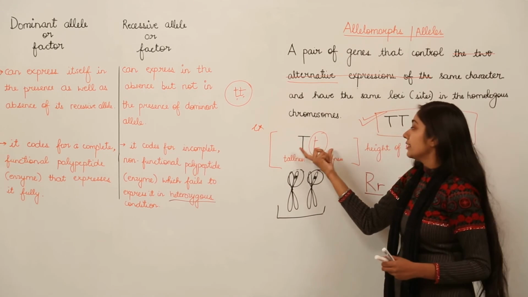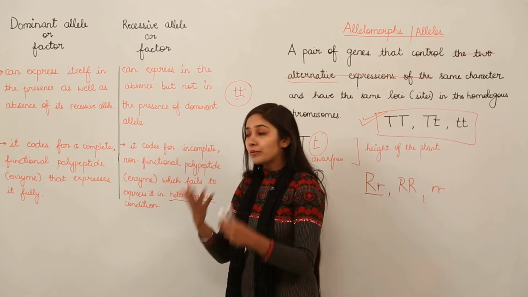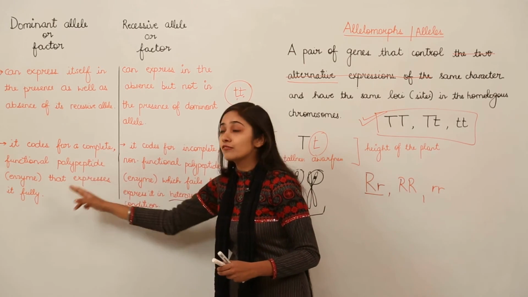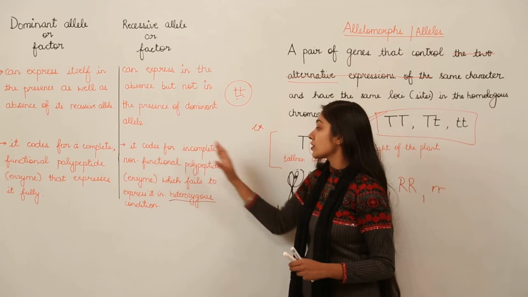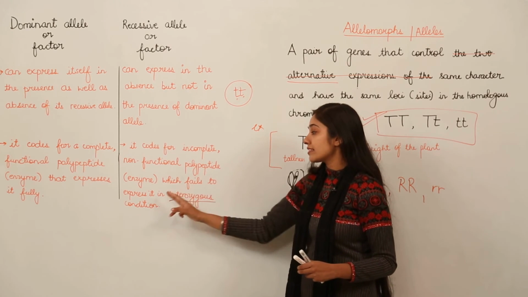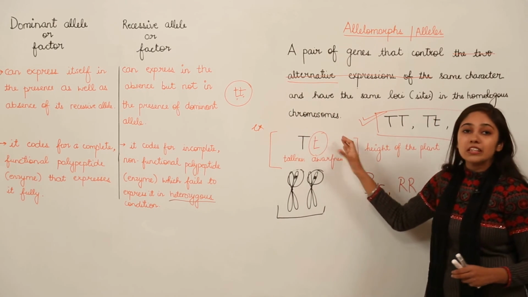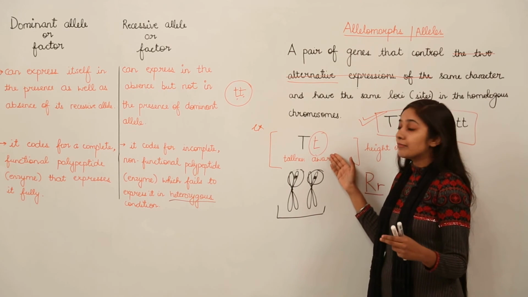You know how this can be expressed. And why is the dominant allele going to express? Because it encodes for a complete functional polypeptide that expresses it fully, and this recessive allele codes for incomplete non-functional polypeptide which fails to express it in heterozygous condition. Means for this condition, this recessive allele will not be expressed. It will not be able to express itself because of the presence of this